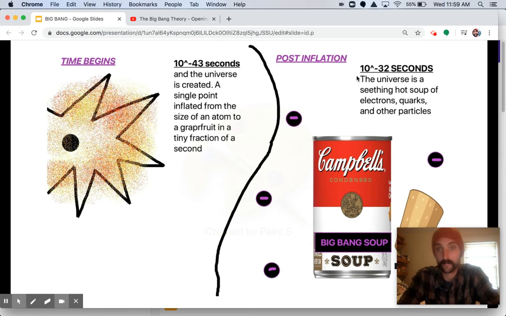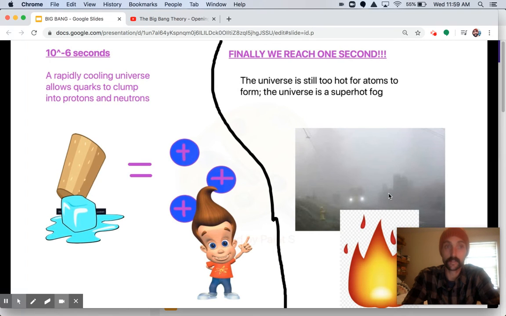So then, quickly after that, less than a second after this singular event to create the universe, scientists describe it as a hot soup of electrons, quarks, and other particles. So on my slideshow, my video's in the way, but here's your soup of electrons and quarks and other tiny microscopic particles. And then still less than a second, we have the rapid cooling of the universe, which allows those